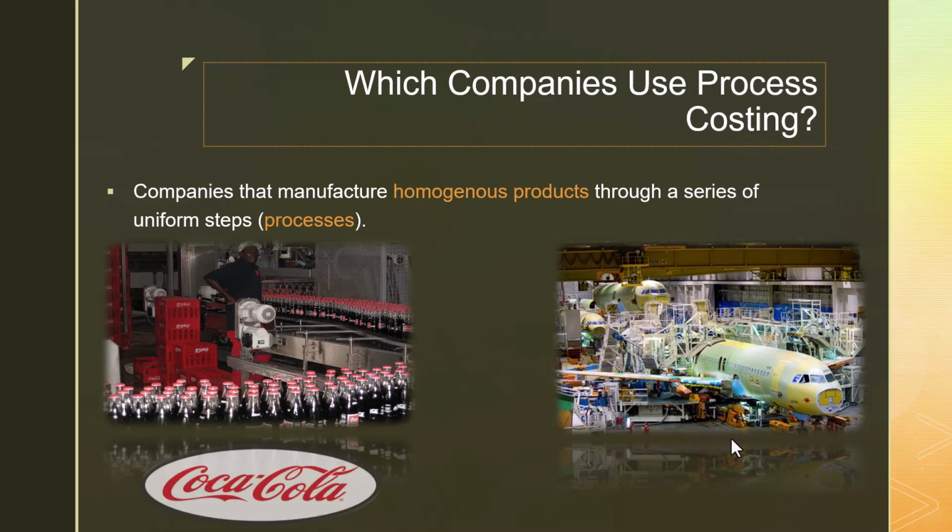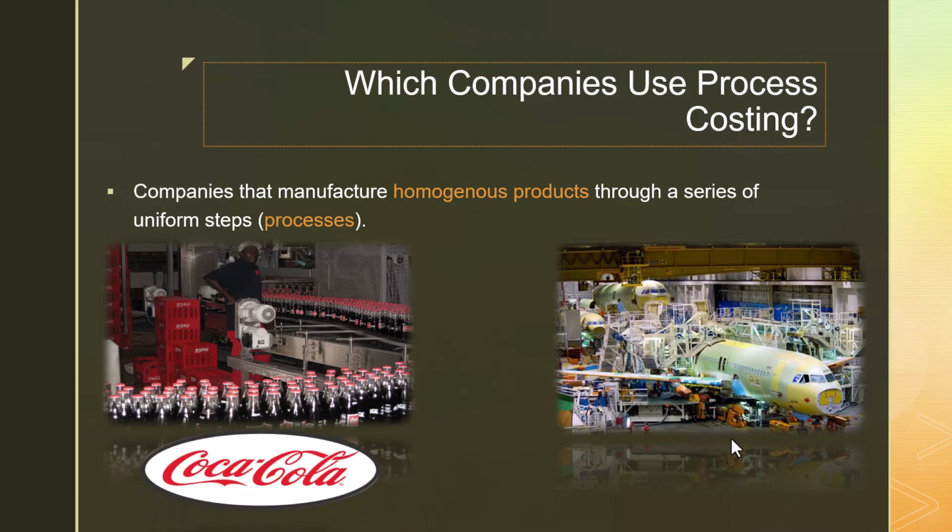Coke is a very easy example of this. There's no difference between any Coke bottle that you get out of a vending machine or a grocery store in central New York than there would be in New York City, than there would be in a foreign country. For the most part, they're all exactly the same units that come across. And Coke doesn't make one bottle start to finish and then make the next and make the next. They make millions upon millions of bottles, batch by batch by batch, in a standard form process, creating that finished